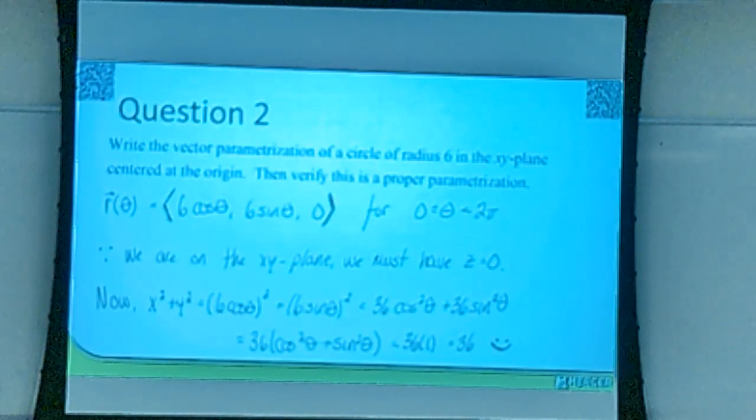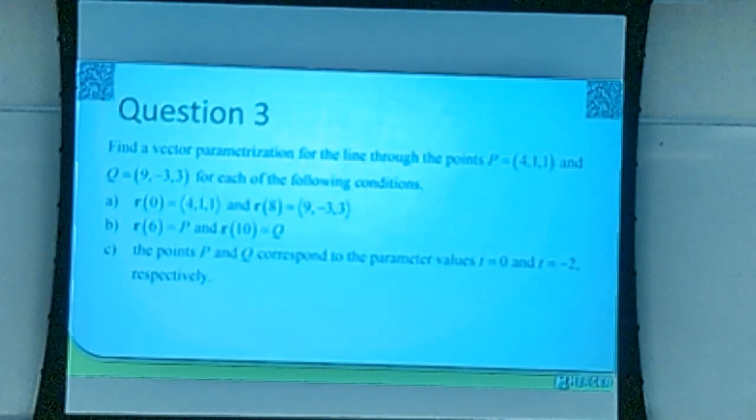Duplicate this at some point. Now the vector parameterization for the line through those 2 points, satisfying a list of conditions. So first we'll have to satisfy condition A, then condition B, then condition C. So to get started,